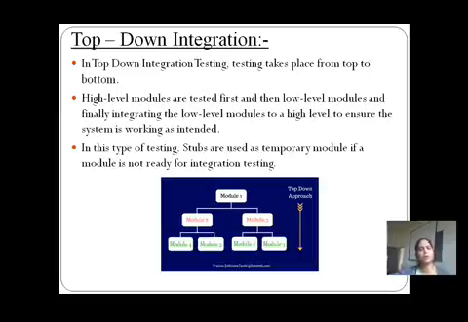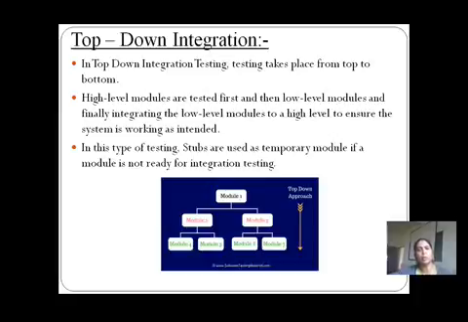Low level modules means what? Low level modules are nothing but simple programs, small pieces of programs, and these small pieces are tested individually. So all these high level, middle level and low level modules are finally integrated with each other.